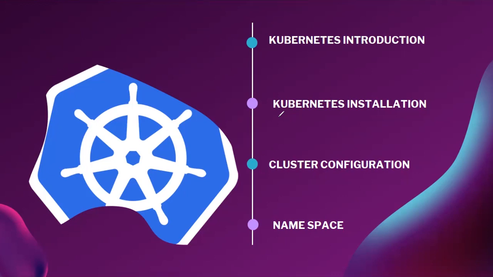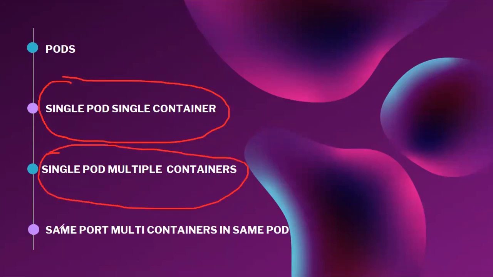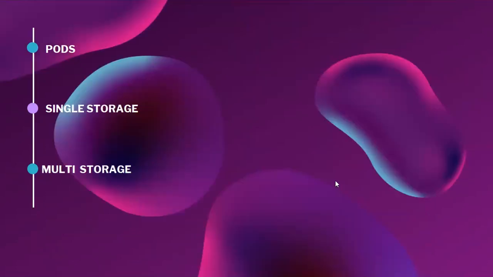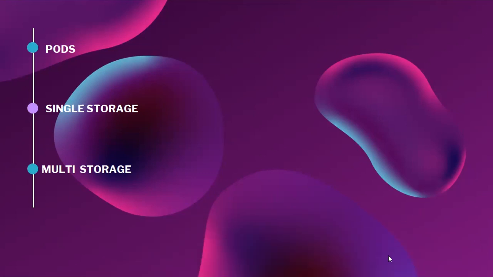And also the next part is pods. So how to create a pod? How to create a pod with a single container, and how to create a single pod with multiple containers in the same pod. Is there any issue? This is how you need to add and understand one by one. And single storage in one pod and multi-storage in one pod. Is there any conflict or any error? So slowly you are going to expand your knowledge in Kubernetes